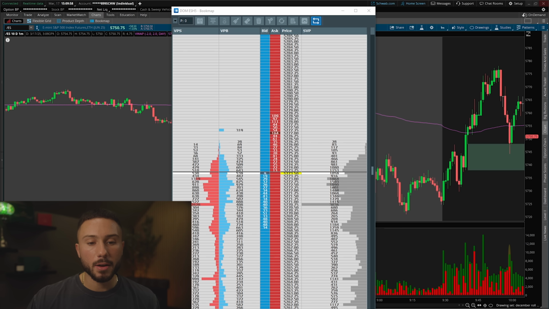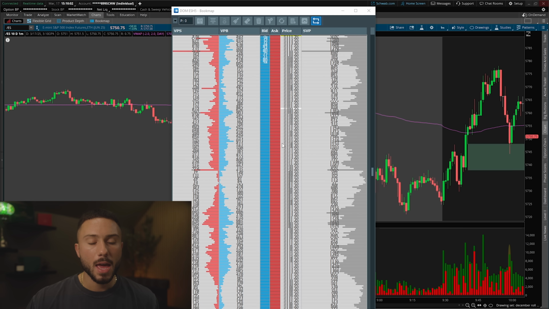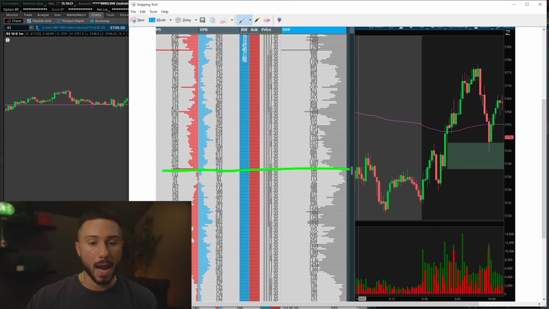And what I'm going to do here is minimize my depth of market as best as possible. The numbers are not as important, it's just the structure of the volume. We can see here that the structure of the volume, this is the same level that I just mentioned at the 49s, is easily seen as an area of low volume in this range right here. It is the lowest volume so far in the session,